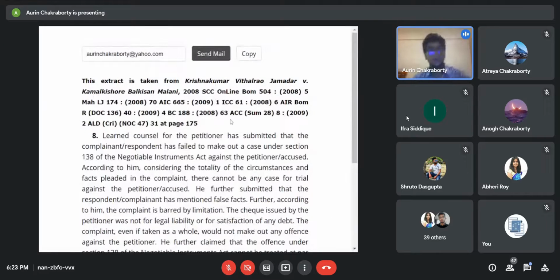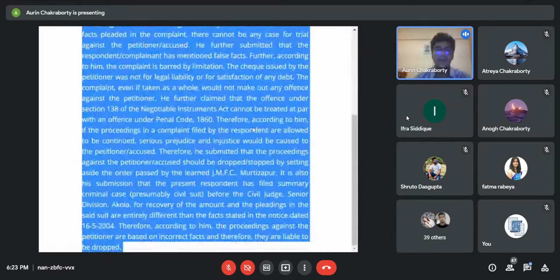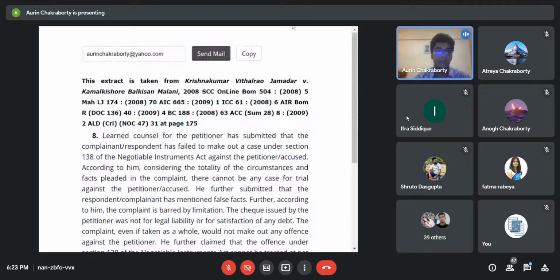If you double click on it, this particular tab is going to open up. And from here, this heading will already be available for the sake of our convenience. Then we can just copy it and the entire paragraph will be copied, and you can paste it in your Word document or wherever it's required.